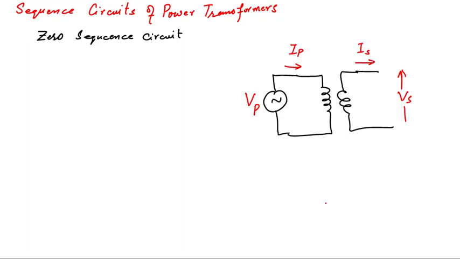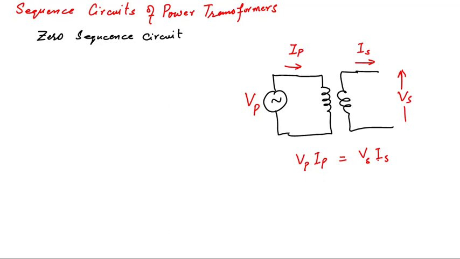In a transformer, the ampere turns on two sides will always be equal. That is known as transformer action. The ampere turns, voltage into current of the primary side, will always be equal to voltage into current of the secondary side. It means if the secondary current is zero, meaning we have no load connected on the secondary side,